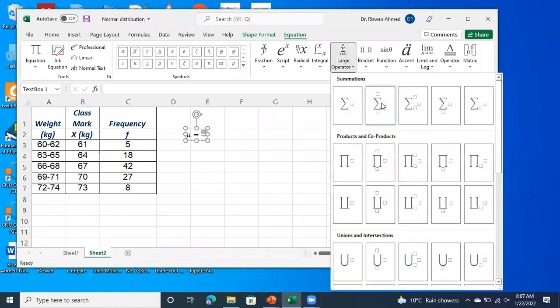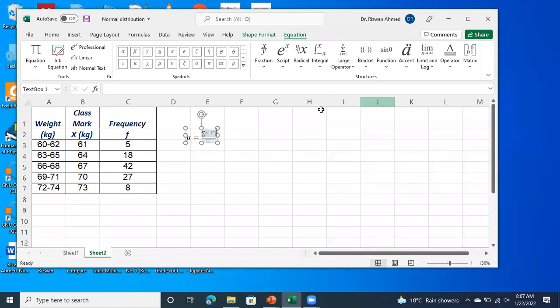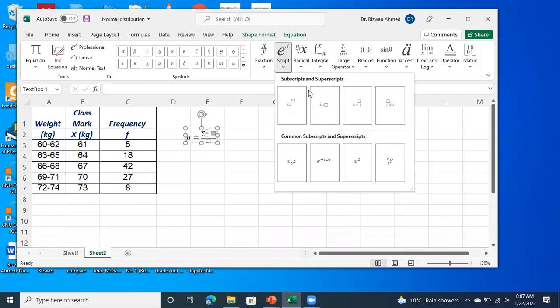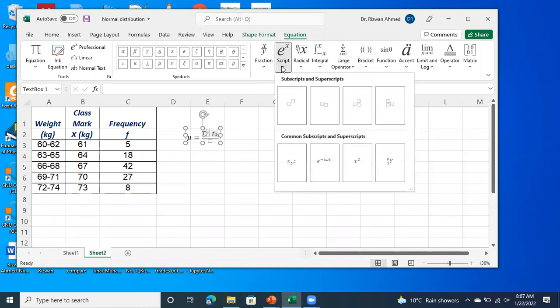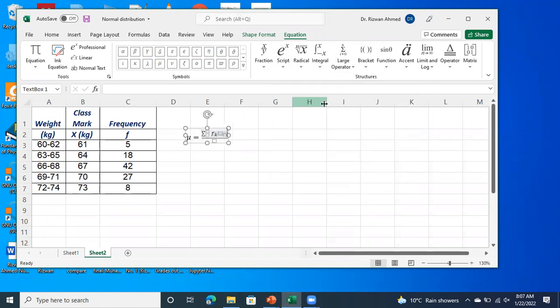So it is the frequency of a class times the class mark value in that particular class x k, where the k values run from 1 up to the number of classes,